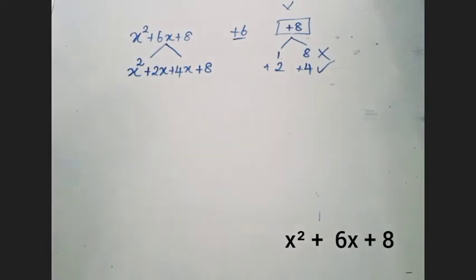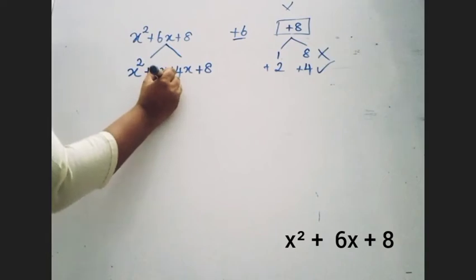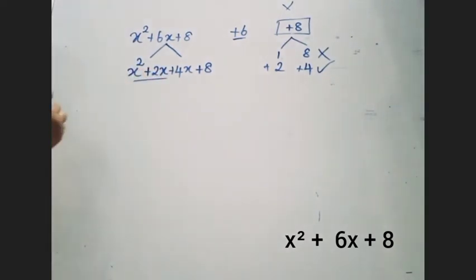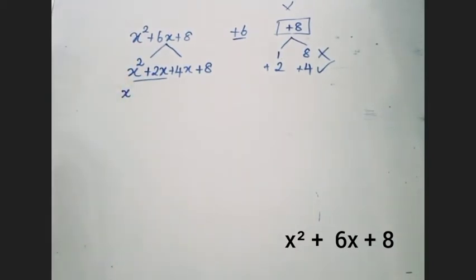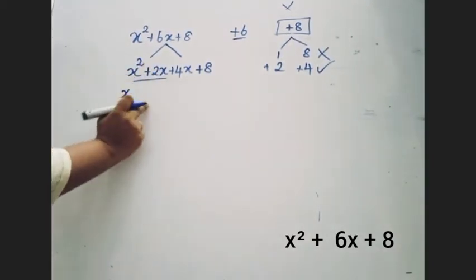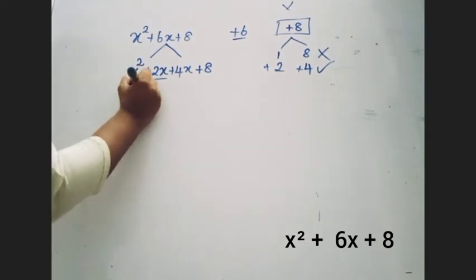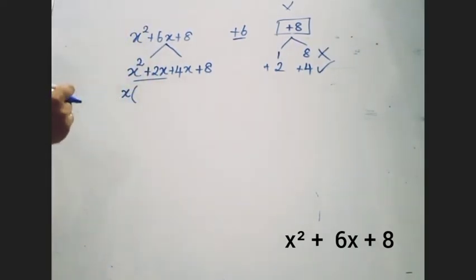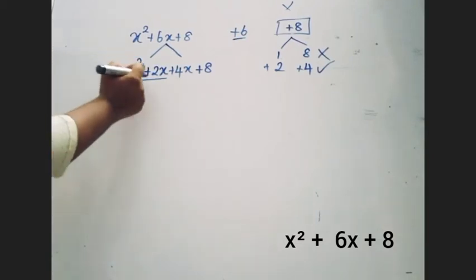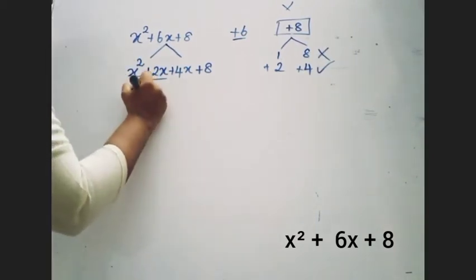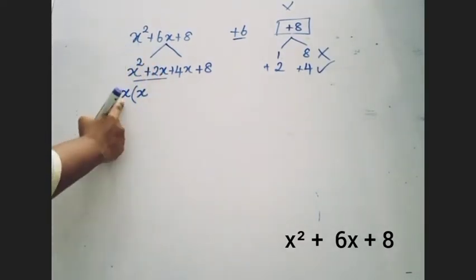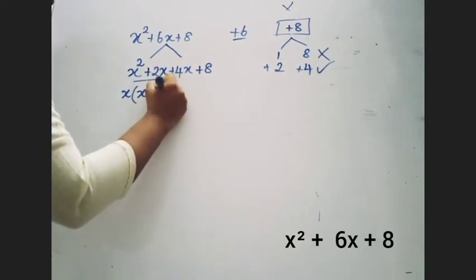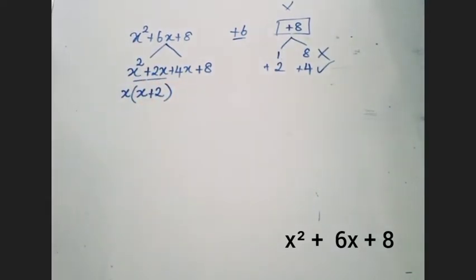So that's it. After that, you must factorize it in a regular way, where in the first two terms, what is the common factor in this? x is the common factor. From x square and 2x, x can be taken outside the bracket. So x square, that means you are dividing it actually, no? x square divided by x is x remaining inside the bracket. Again 2x divided by x, x will be removed, so plus 2 will be remaining.